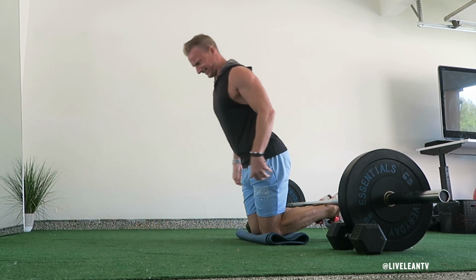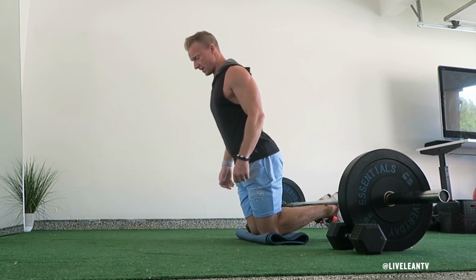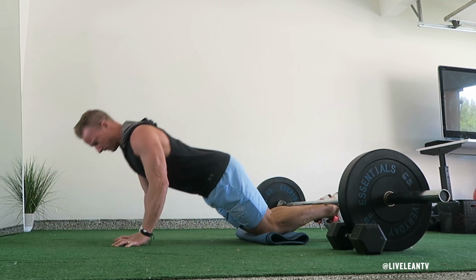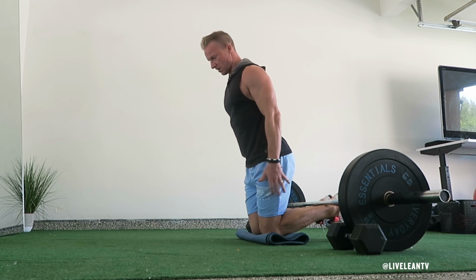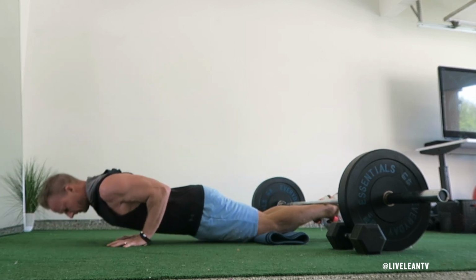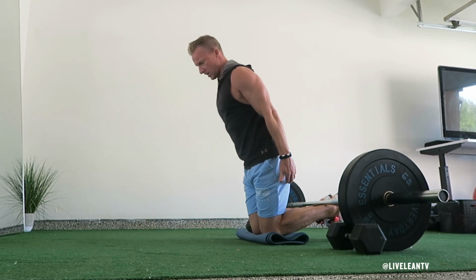Once you're ready, bend your elbows with your hands in front of your body, then slowly lower your body towards the ground as you resist with your hamstrings. It's important to keep a straight line from your knees to your upper body. Using your hamstring strength, slowly go as low as you can, then once you hit failure, catch your body by